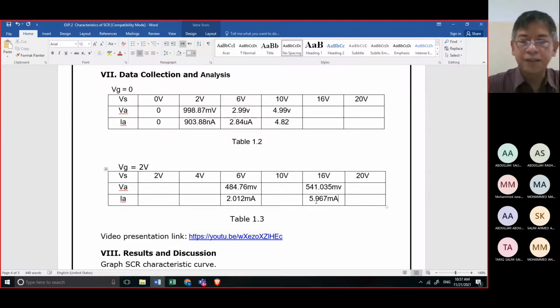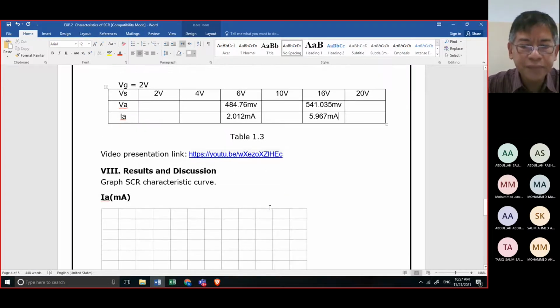milliampere. Okay, so you have 4 tasks here: at 2 volts, 4 volts, 10 volts, and 20 volts. Okay, you need to answer this. So what I'm going to do now, at 20 volts, of course, you need to have the answers here and then perform the graph, okay?